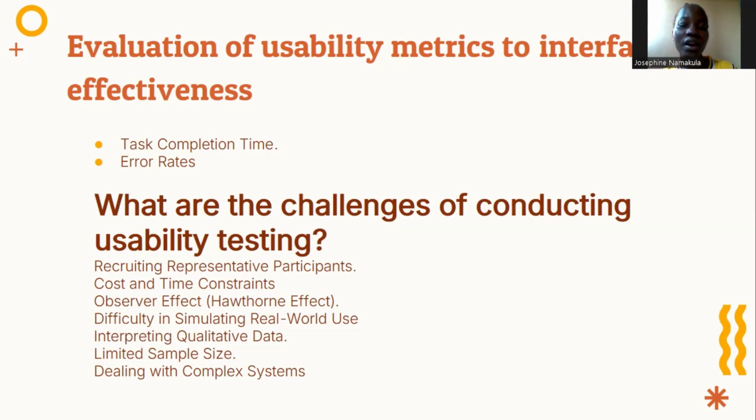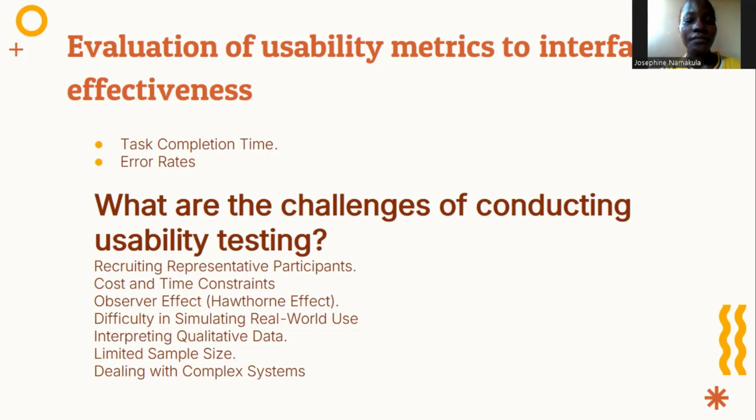So recruiting grandmas will not represent actual users of Mwene. So it's students who are to be recruited to use the interface, so that the results accurately reflect the user's real world